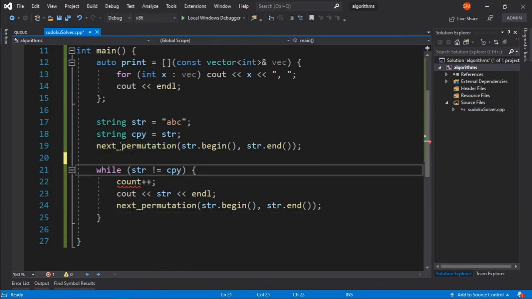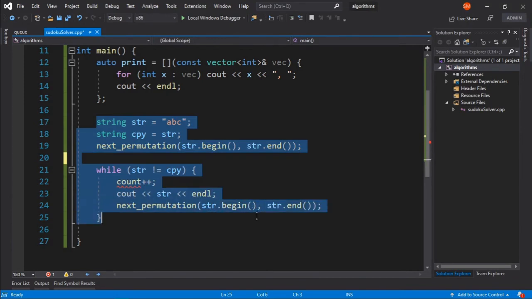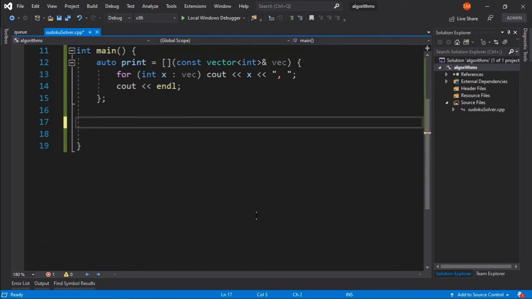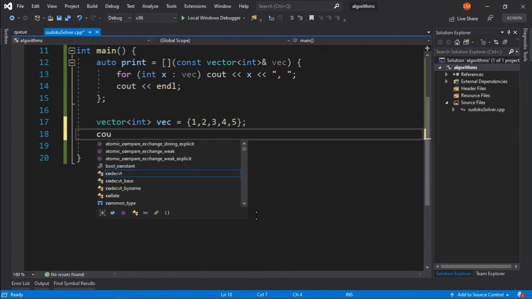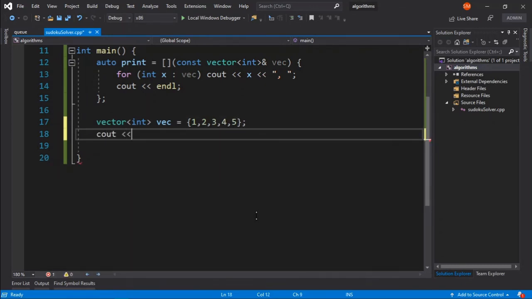Now the last thing that we can do to wrap things up is to go through 2 mini functions provided by STL. So we'll once again have a vector of integers called vec, and it will have some values. For the sake of simplicity, let's have 1, 2, 3, 4, and 5. Okay. And the first function that I want to specify today is called max.